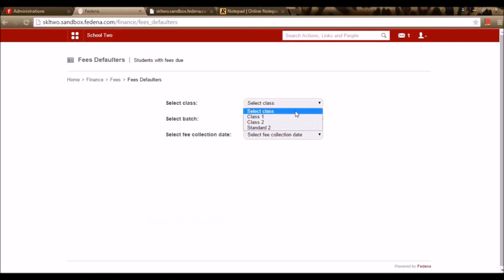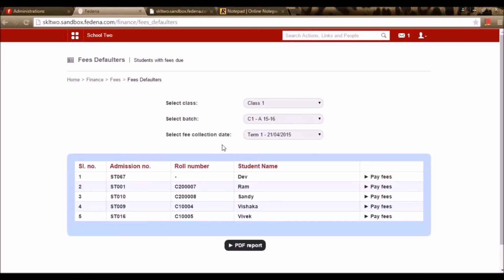Here I can select the class, say class 1, I can select the batch, and I can select the fee collection date or any particular fee structure. I can see the number of students who have not paid the fee. Right here I can go for the option pay fee and pay the fee for the student. I can also see a PDF report option. If I want to take a PDF report of these fee defaulters, I can go for this PDF report.